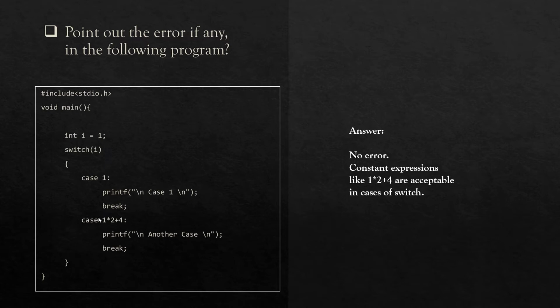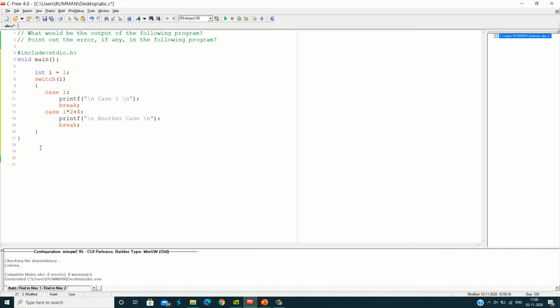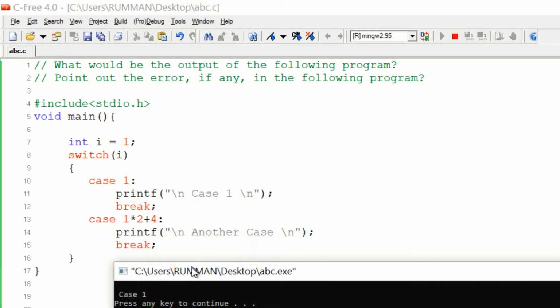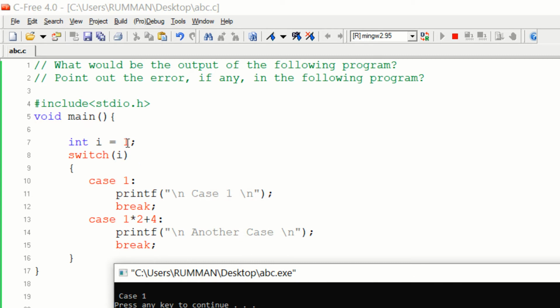Let me show the practical implementation of this program. So this is our program. If we run it, the output will be case 1, because the variable i is initialized as 1, and the switch statement redirects it to case number 1. For that it prints 1, then breaks, and breaks out of the switch statement.